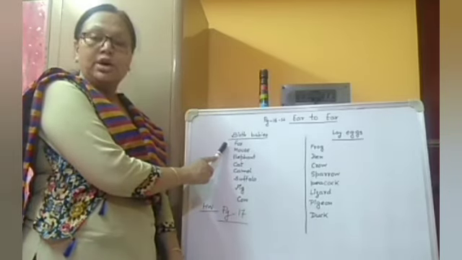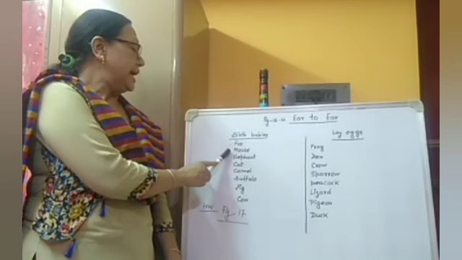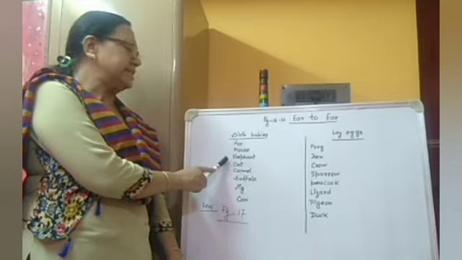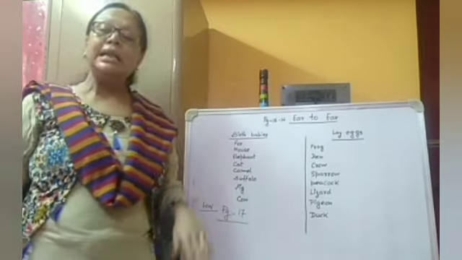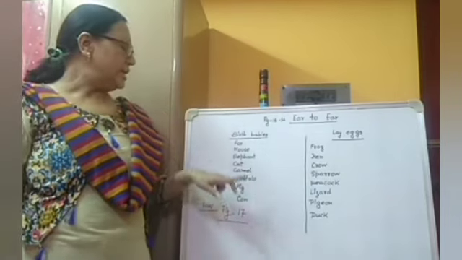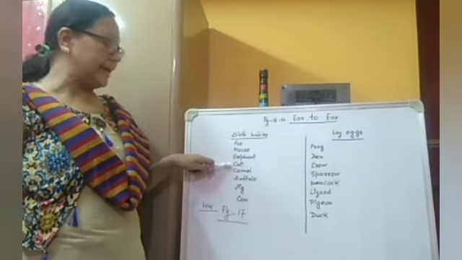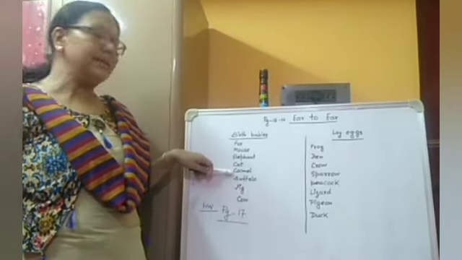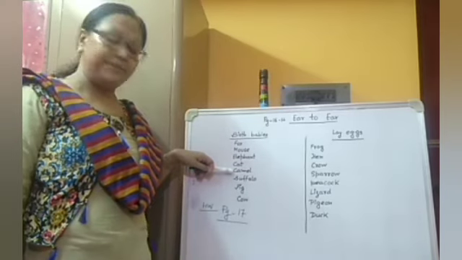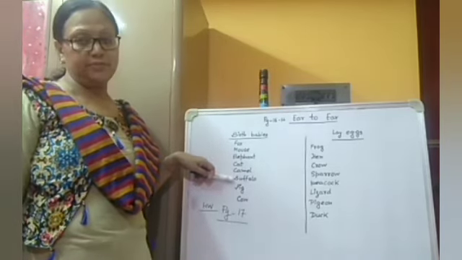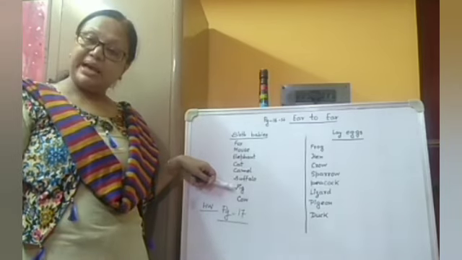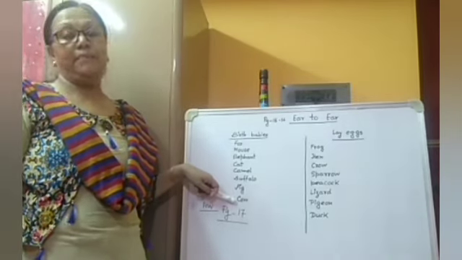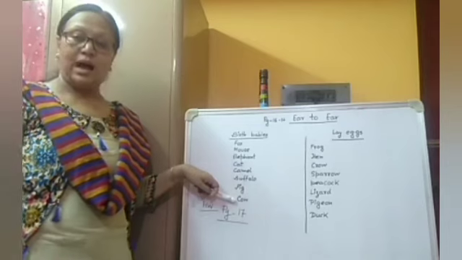Number one is fox. Fox gives birth to little ones called cubs, and the mouse also gives birth to little mice. The next one is the elephant. Elephant also gives birth to a little elephant called a calf. The fourth one is the cat, and we know the cat gives birth to small kittens. Now camel also gives birth to small calves. The next one is buffalo. Buffalo also gives birth to a calf, and pig gives birth to small piglets. The next one is the cow. Cow is also a mammal and it gives birth to a young calf.